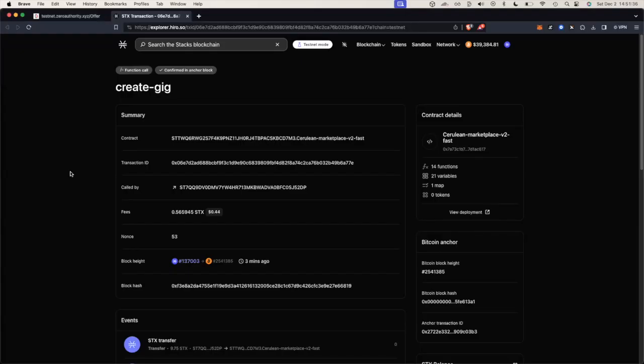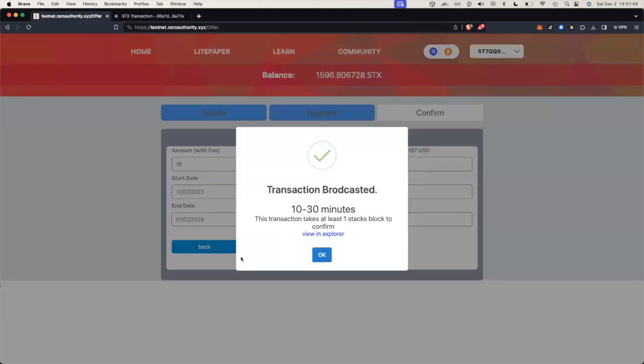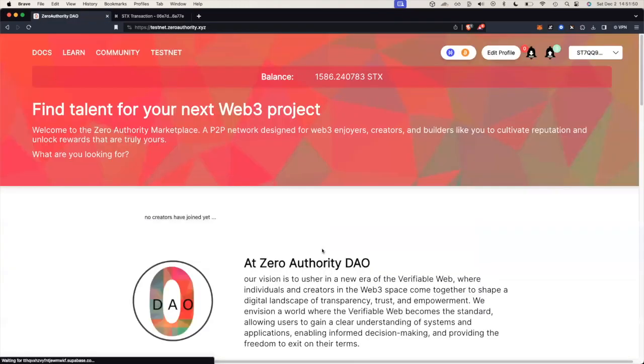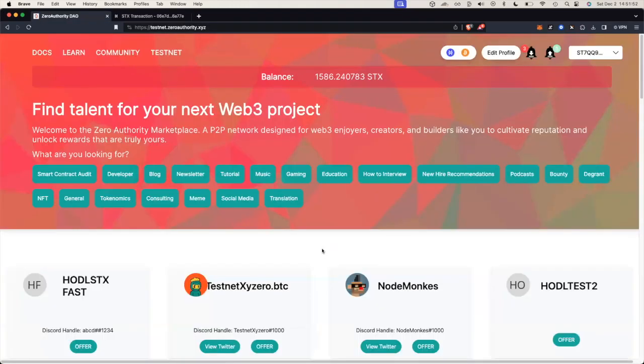Okay, now we see that the gig has been confirmed in the anchor block. So it is 3 minutes, really fast. So the gig is confirmed, and okay. And so we can go back now, and we'll notice here